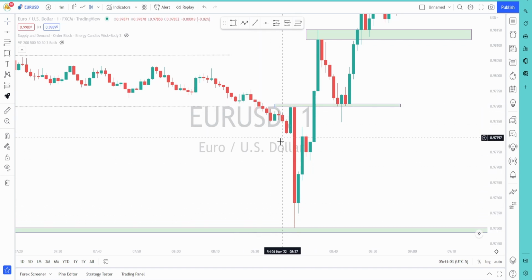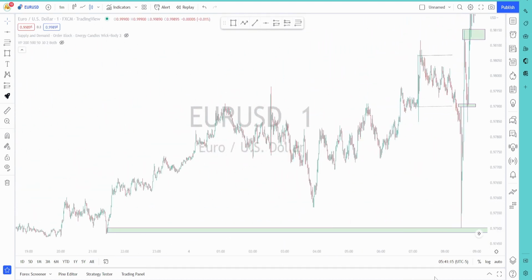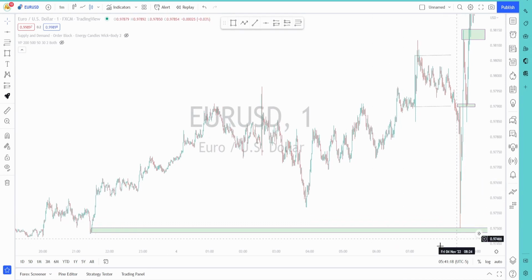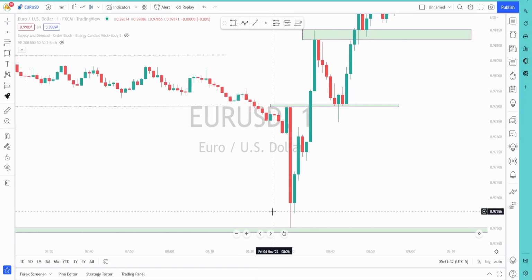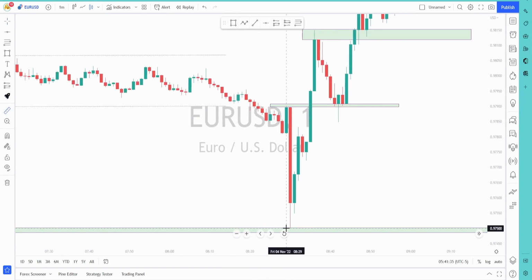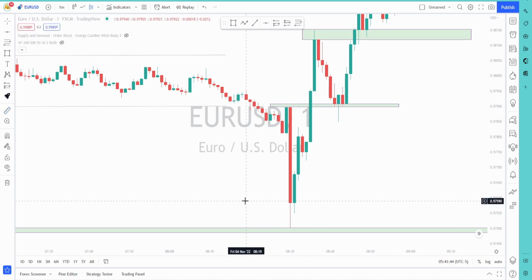Now, some people might have thought that was a good opportunity to get in on a trade, but if you would have went further to the left, what you would see is price came down, took out all this liquidity, and tapped into an area of demand before pushing back up. Now, the size of this rejection as well, you can see that it was almost 8 pips,